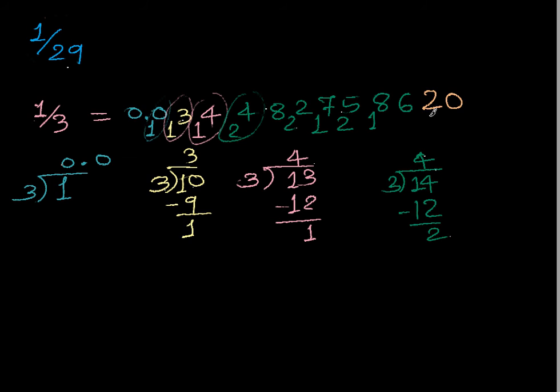Put 0 over here, consider it as 20 and continue dividing the same way, so it will become 6 and 2 would be the remainder. Now 26, 8, 2 would be remainder, 28, 9, 1 would be remainder, 19, 6, 1 would be remainder. Like this you can continue. So here let me just put my answer